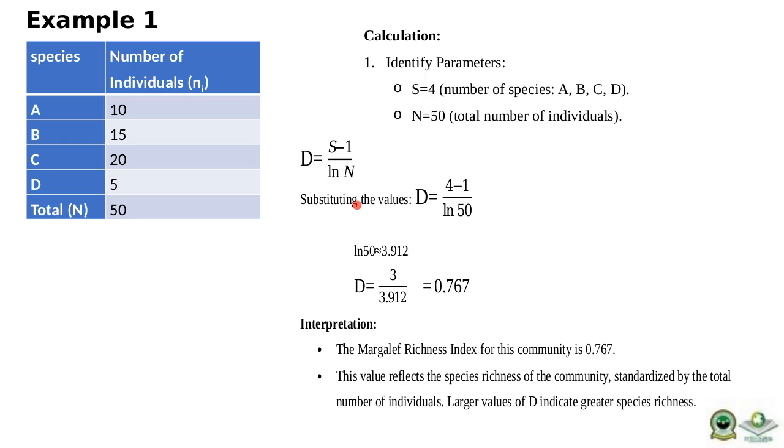So in calculating the richness, we have identified the parameters. We have S, the number of species, is 4, and N, the total number of individuals, is 50. So the Margalef index is number of species minus 1 over ln of the total number of individuals. So once we substitute that, we have 4 minus 1 over ln of 50. So we have 3 over 3.9. By the time we resolve that, we have